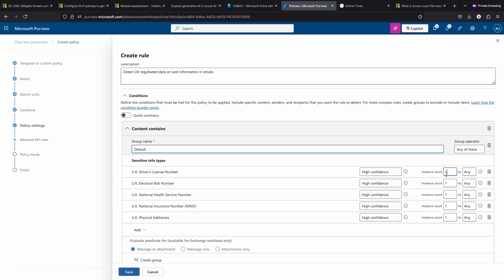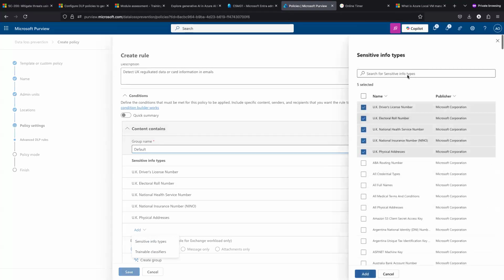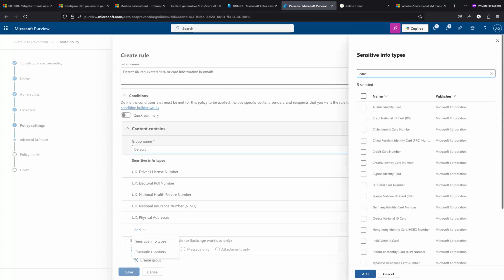So you can always set the number of instances that you want to count in a document before you start suspecting it. I'm just going to leave everything at one, but also remember that I mentioned that I'm interested in card data. So I'm just going to put card,